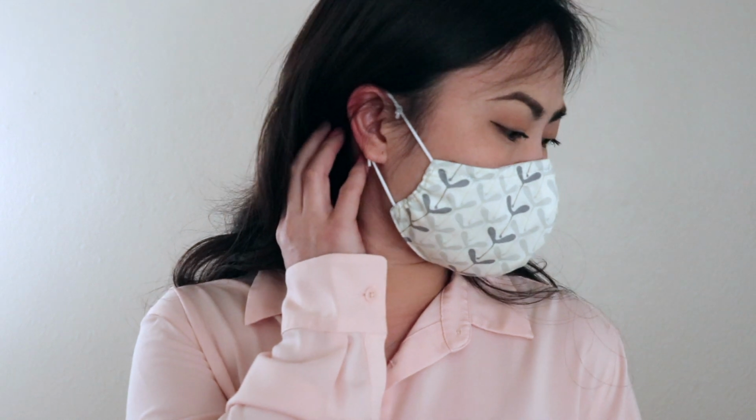Hi everyone! Today I'm going to show you how to make a mask with a removable nose wire and adjustable